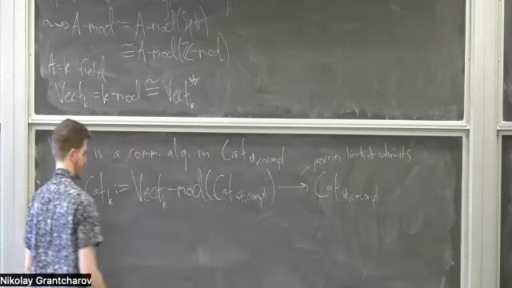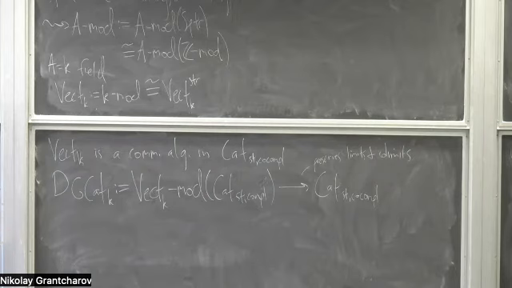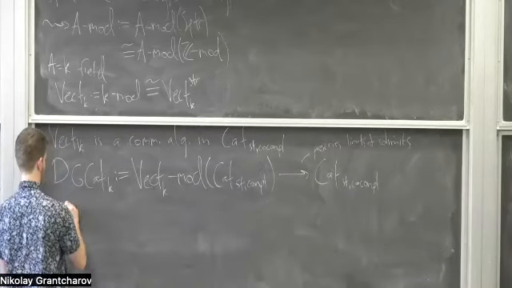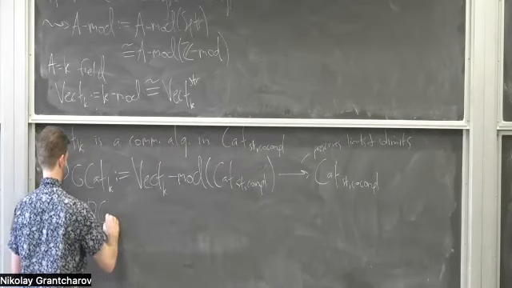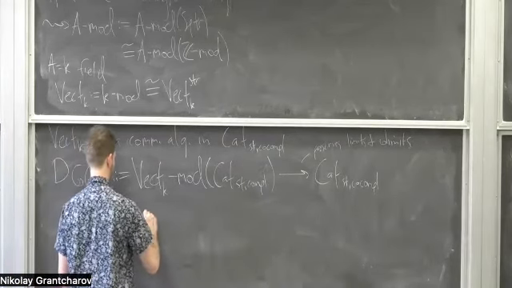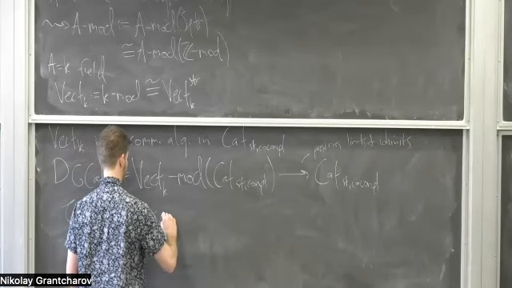So again, the way this looks is I'm saying a DG category is something that's tensored over complexes of vector spaces. So for any object and any complex of vector spaces, I can tensor them to obtain a new object. Why does this entail, how do I get the kind of enrichment? How do I get the complexes of Homs? Well, it's basically just the adjoint functor theorem, right? So if I have a DG category C, that's the last thing I'll say, and we'll stop with a break. If I have a DG category C, and I have C1 and C2